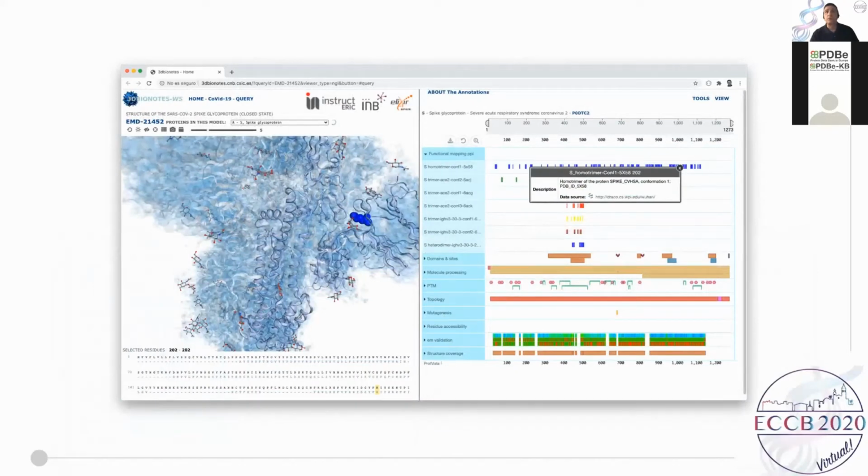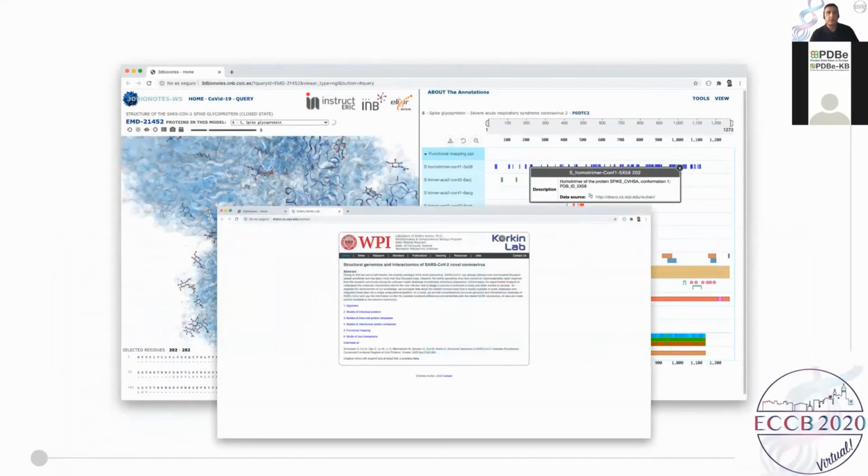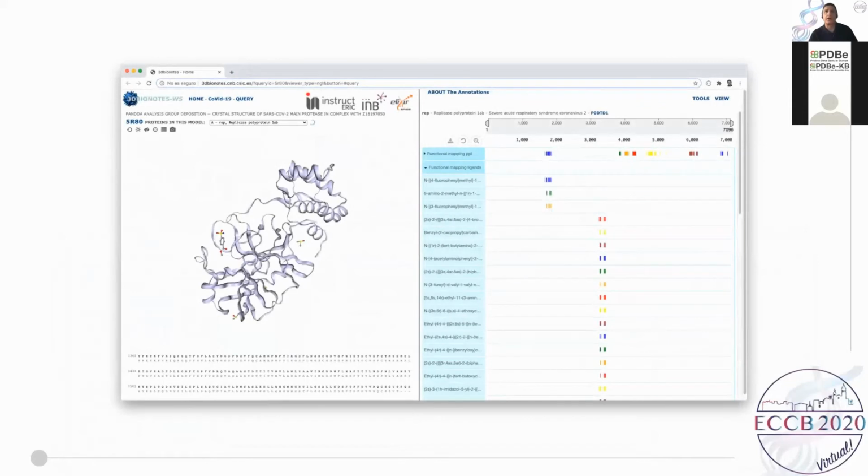In the pop-up panel, you can go directly to the source of the data. We also provide functional mapping of ligand binding sites from the same origin,